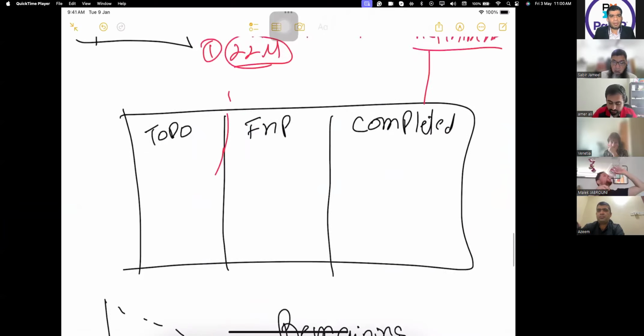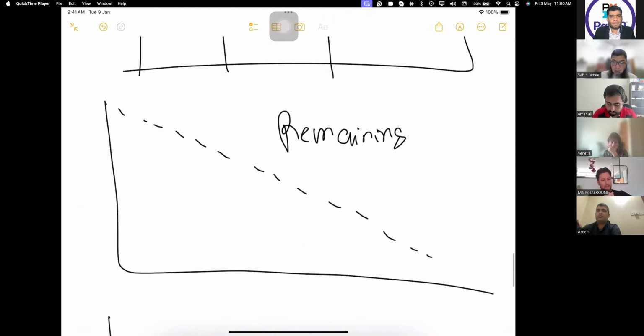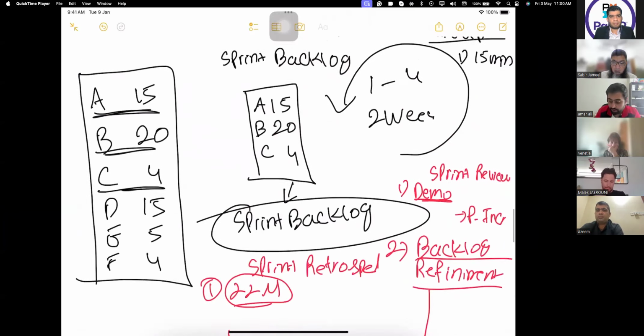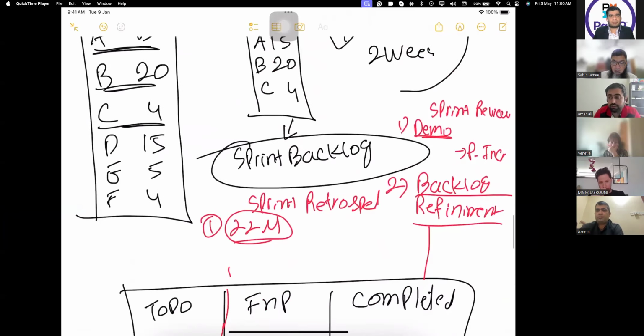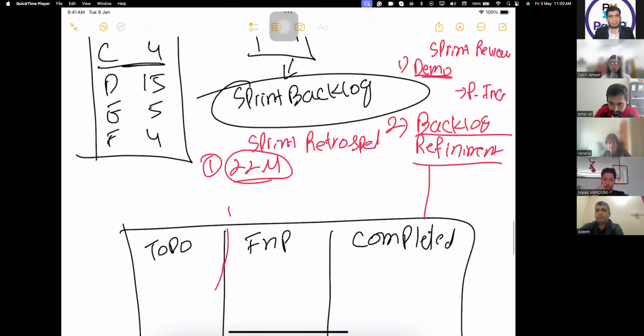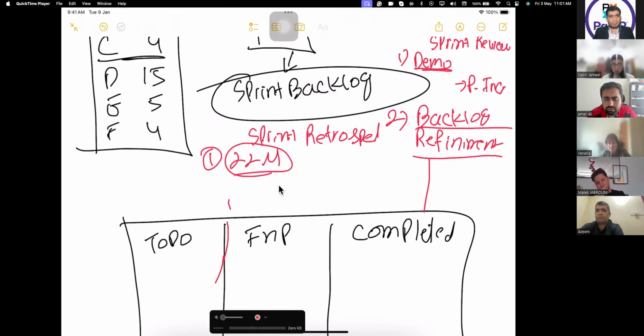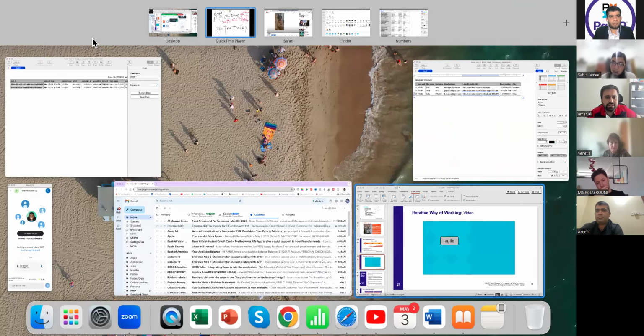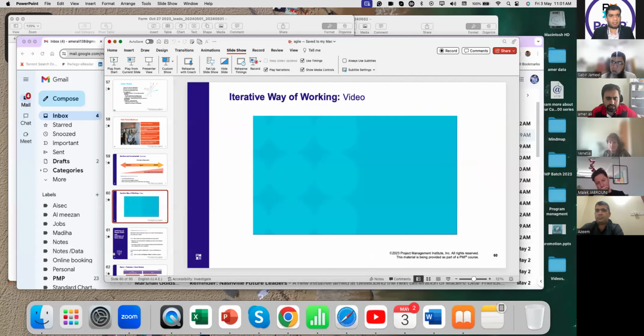We will discuss the information radiators, task board, burn up and burn down chart. Then once the sprint is over, we have the sprint review, which consists of 2 parts: the demo as well as the product backlog refinement. Then the retrospective.